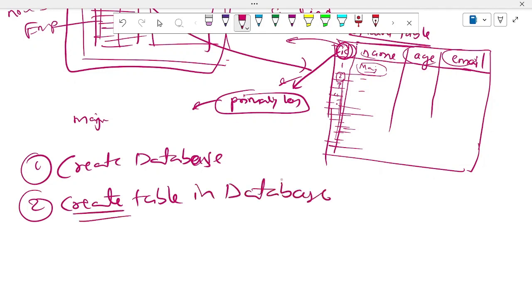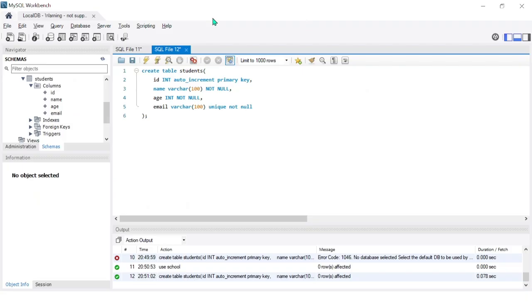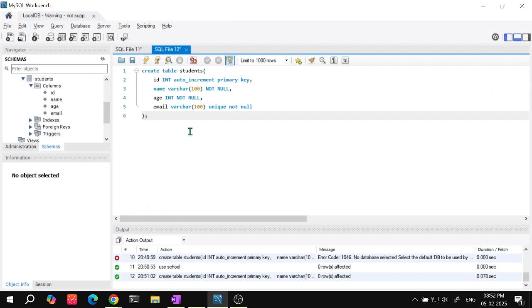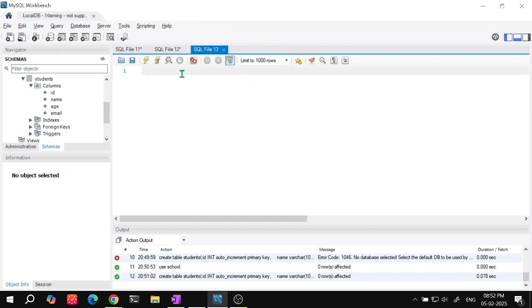I have created it. Now I want to add some data, some 3 students' name, email, and age. For that you can remove this and write, that also works fine. Otherwise you go here, click, and you will get one more SQL query. For that you will be using one more query: insert into, which table, the students table. Insert into students,